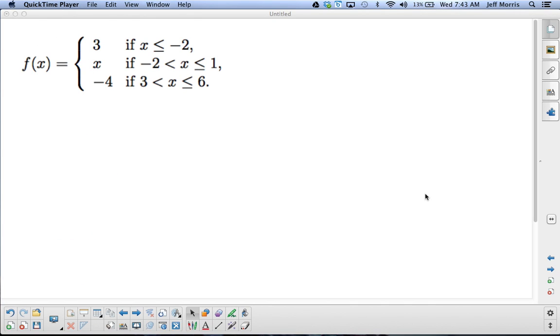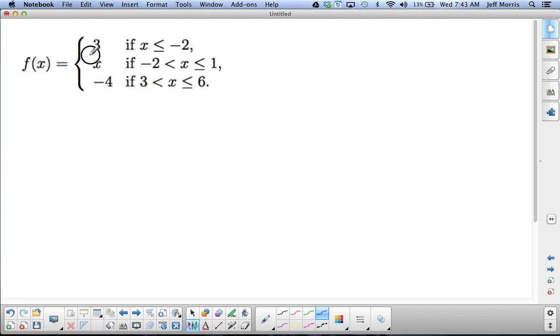Looking at the two piecewise functions I put on Moodle. So the first one is f of x equals a piecewise function with three pieces. The first piece is 3 when x is less than or equal to -2. So I'm going to go ahead and